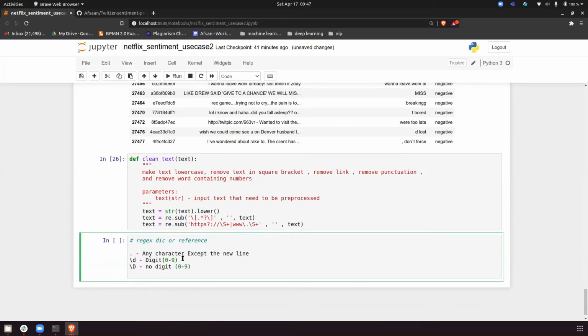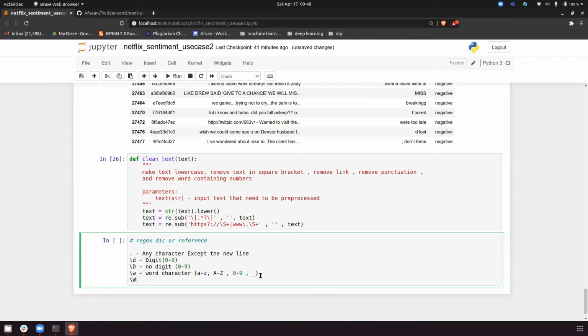Then we have something called small w. What is w for? Alphanumeric characters. So it can be small a to z, capital A to capital Z, 0 to 9, or underscore.